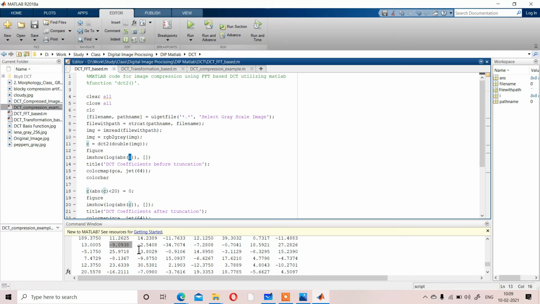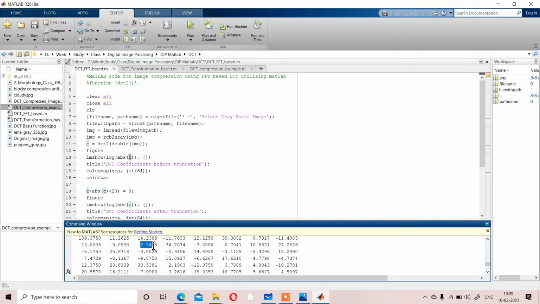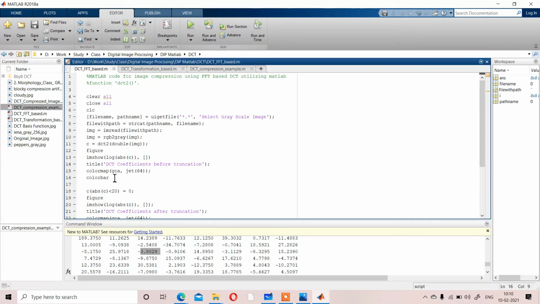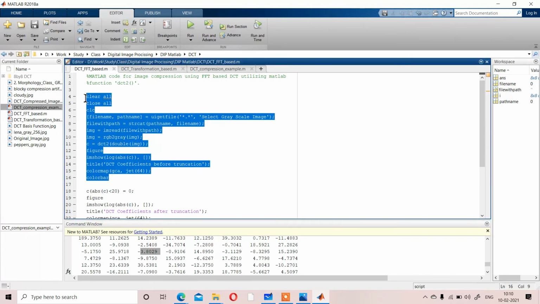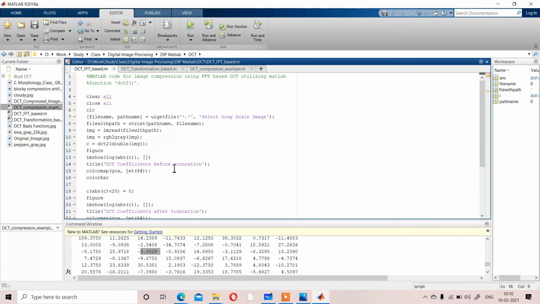We will cancel some values, those that are very small, we are going to change to 0. Suppose here you can see that one value we are getting is 2.5408. We are trying to make it 0 because that pixel contains a small amount of information. So if we make it 0, there should not be any visual change over the image. So pixels of that type we will make 0. Okay. Up to that point we are not doing that part. Up to that point we are not making anything 0. Simply we are displaying the coefficients.